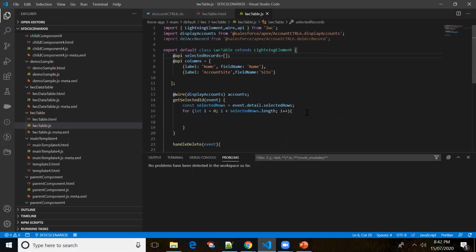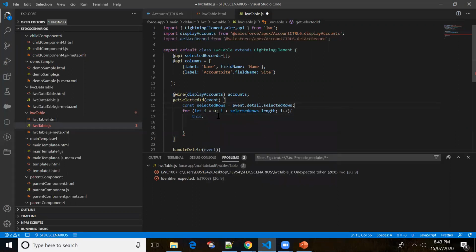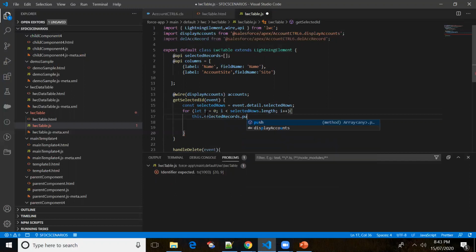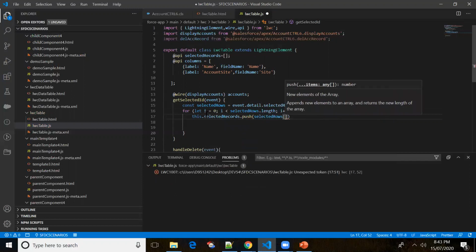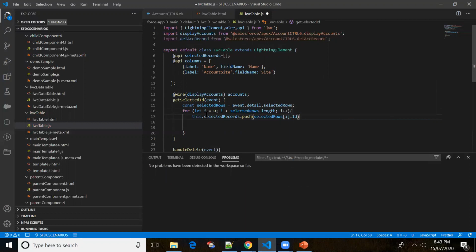So I'll push the records. I'll add the records to the array. What is the method to add the records to the array? We have the push method. If you want to refer to this variable, we have to use this.selectedRecords.push, selected rows of i.id. Since we want to add the ID, I'm just adding the ID to it.